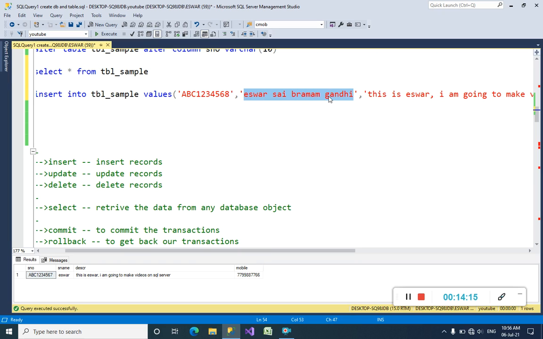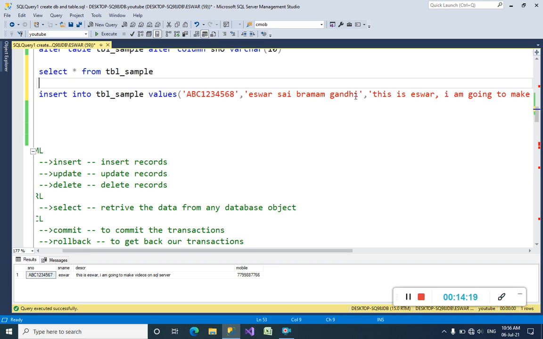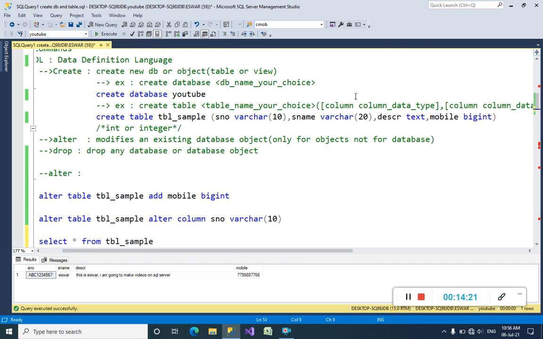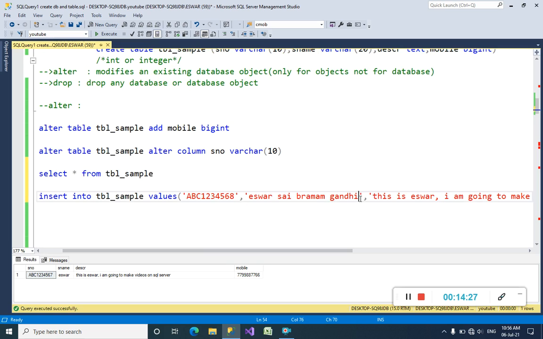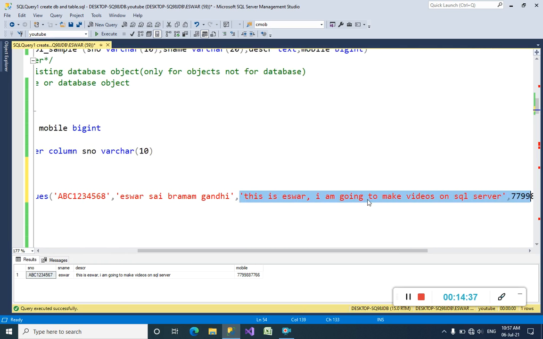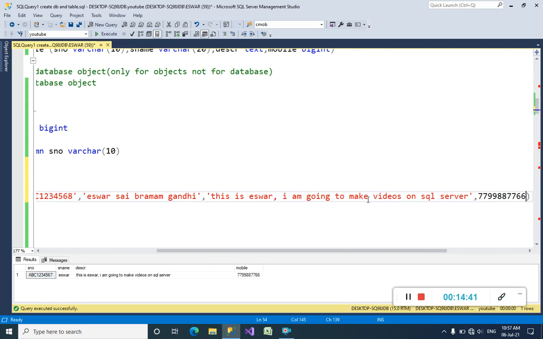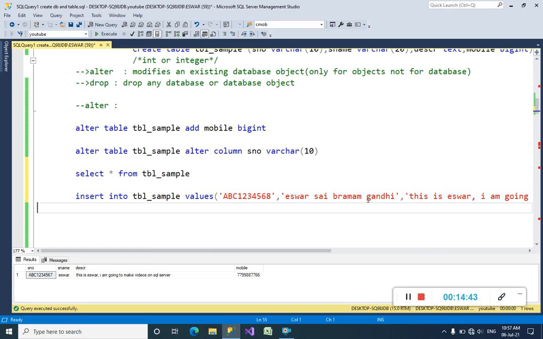But we have declared this column as varchar with a 20 character limit, and we have crossed the 20. For the description, we can use any number of characters, and his mobile number is like 67.